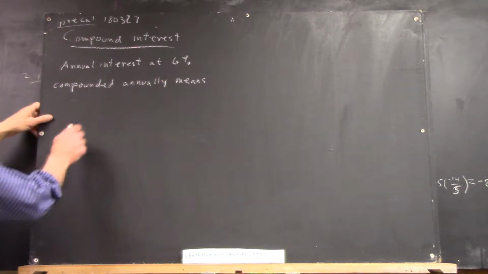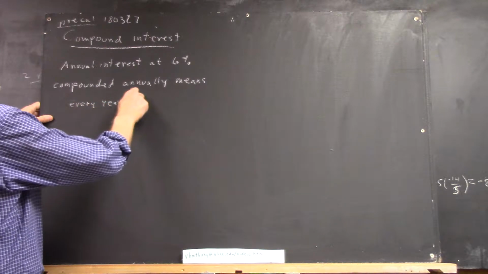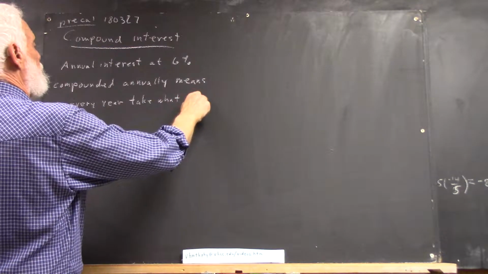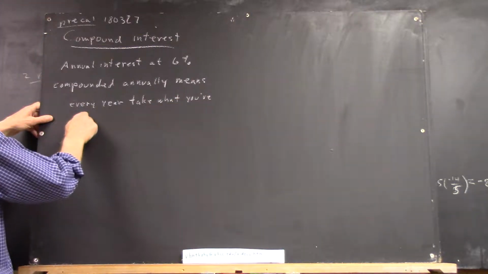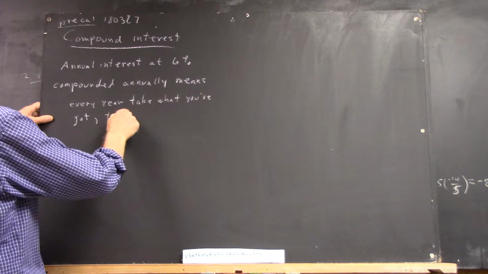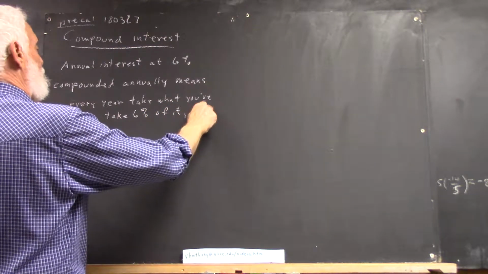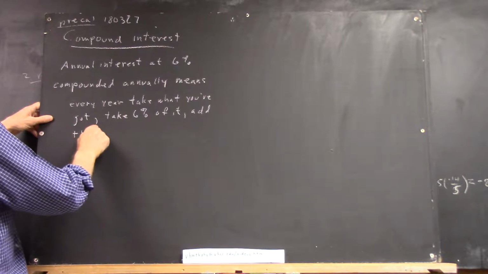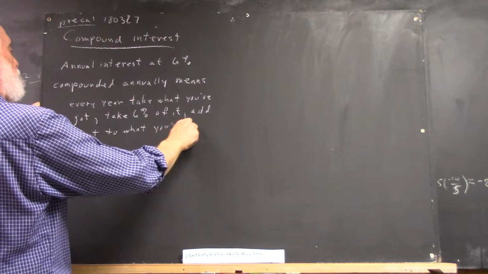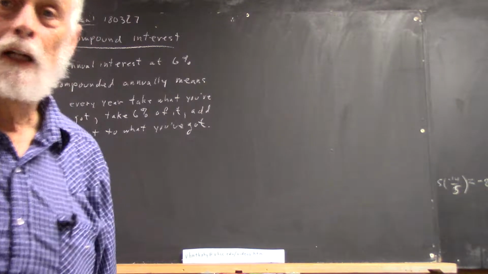It means every year take what you've got, take 6% of it, and add that to what you've got. Okay? Now,